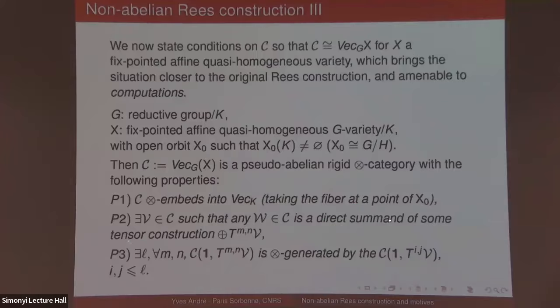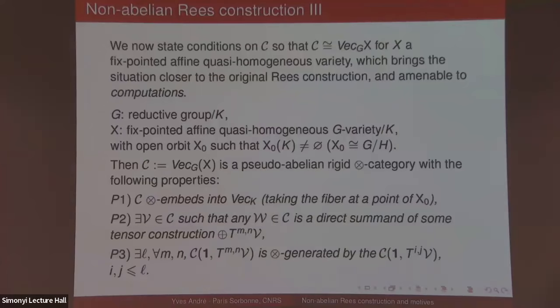Direct summand is an important word. This is because I deal with reductive groups and not pro-reductive groups. So it's the equivalent. And the third property, which I shall not be very precise about,